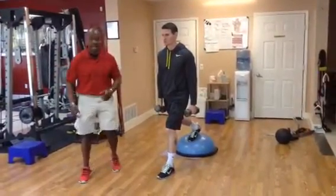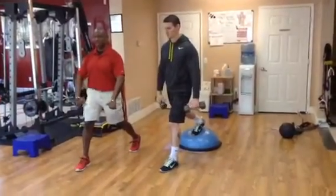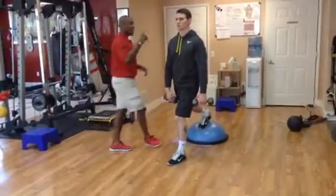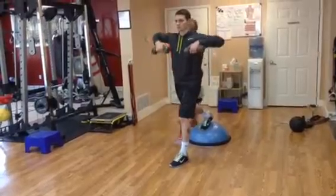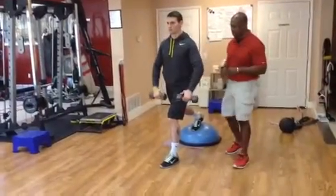And now, just by having that ball of the foot pushing on the Bosu, you're going to activate the butt and the hamstring. Okay? Now, what he's going to work on, he's going to go thumbs pointing at each other with the weights, and he's going to go towards the armpit. But he wants to go high enough that he does not get it on the upper traps. Okay? So give that a try. Everything else remains the same. The basics of the program that you're working on